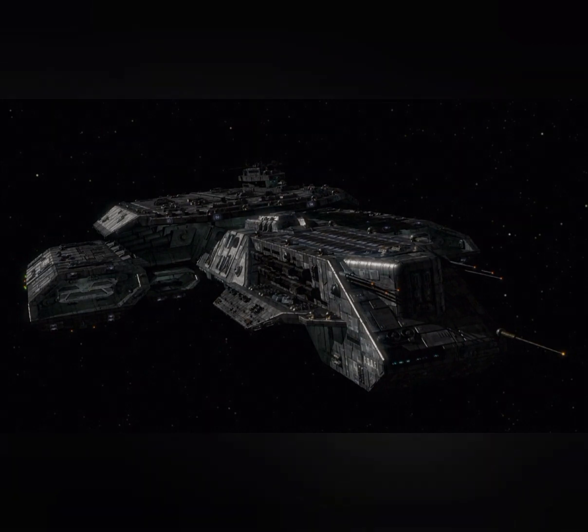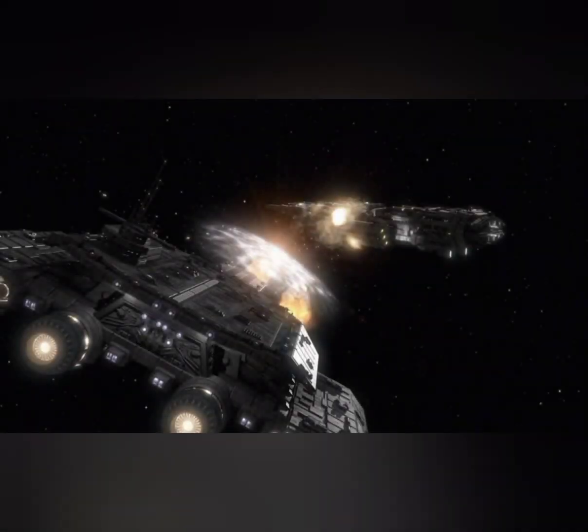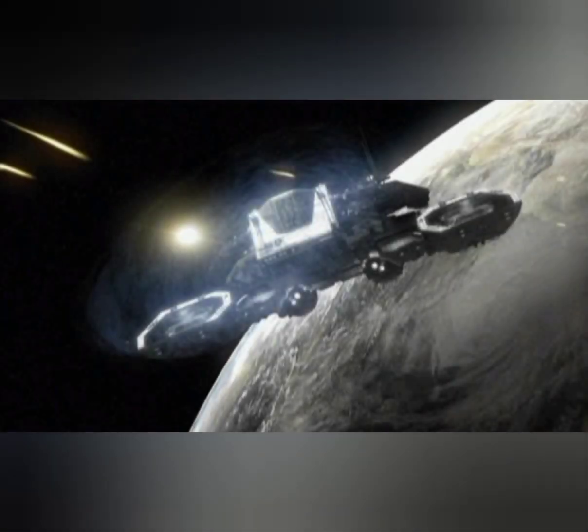The next vessel to be commissioned was given to the People's Republic of China and named Sun Tzu. Crippled in an engagement against a superhive, the ship was so badly damaged that no salvage efforts have yet taken place, though this may be due to lack of funds currently more than actual damage to the ship itself. The final member of the class commissioned to date is the George Hammond. Initially to be known as the Phoenix, the ship participated in the final battles of the Wraith War and also fought the Lucian Alliance. To date, these are the 6 ships of the class that have entered service, all of